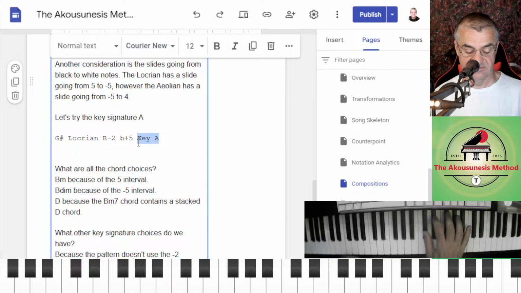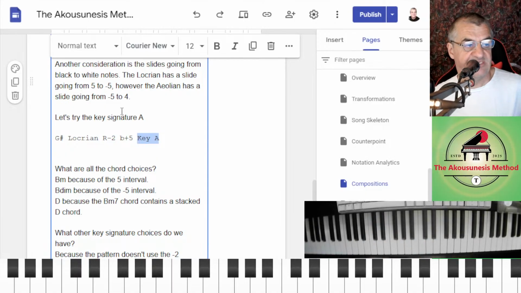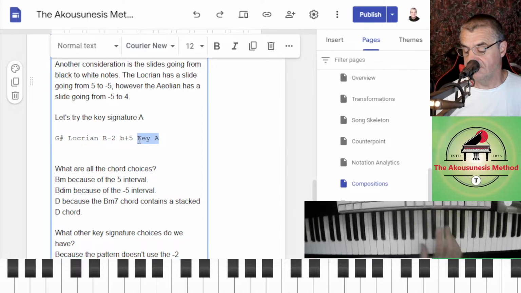To think of it, there's none. So depending on the key signature, you might have a black to white slide, which is within that scale, or you might not. So you can choose a key signature to give you that if you want, right?